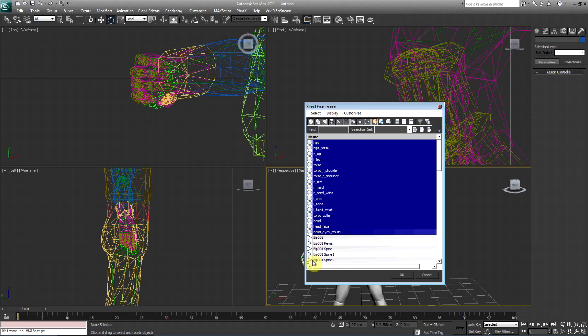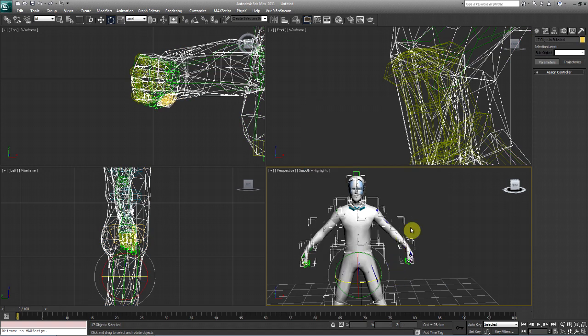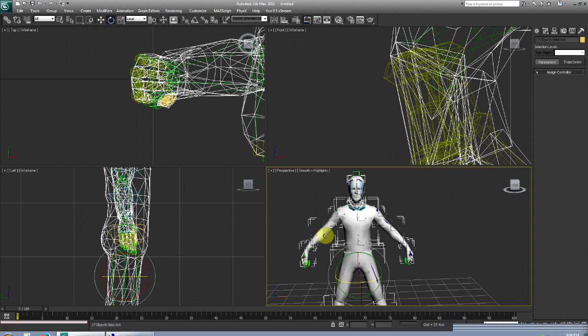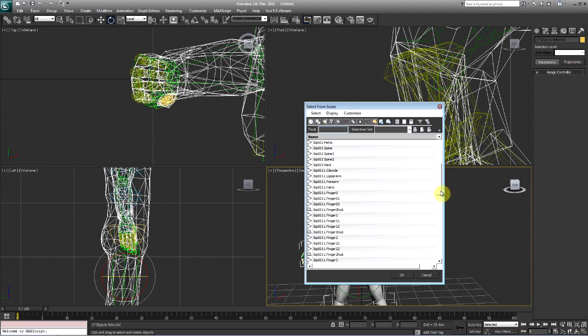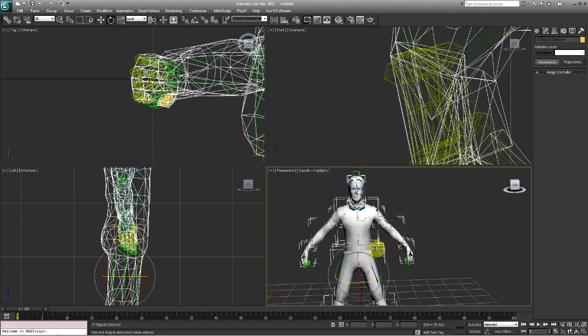We're going to select OK, and select all those. I hit H and selected all the parts. How you can tell the difference between bones and a mesh is just look at the icon on the left side of the selection window, and you'll see a circle, which is a circle object, and then you'll see the bones, which have a bone link figure to it. Okay, so I selected all those.